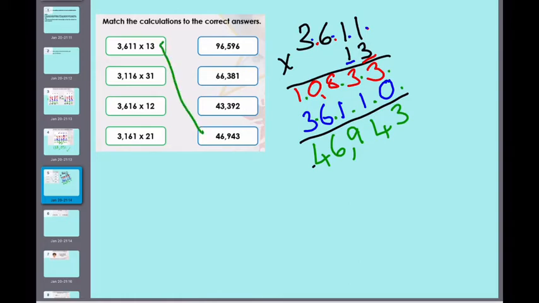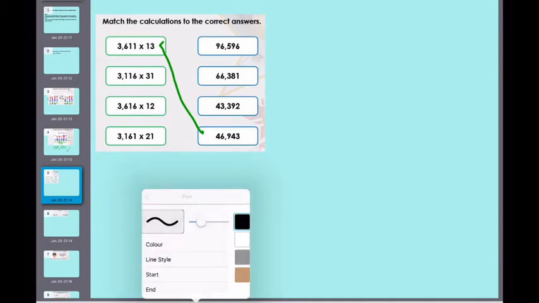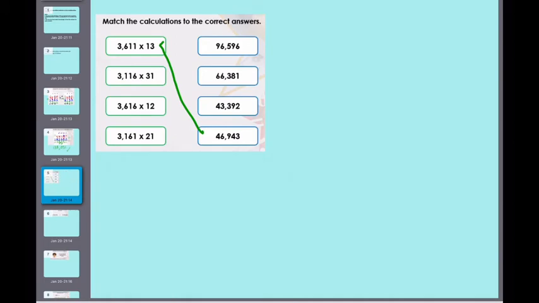Well done if you got that right. I'm going to rub that out nice and quickly so that I can move on to the next one. So the next one, 3116